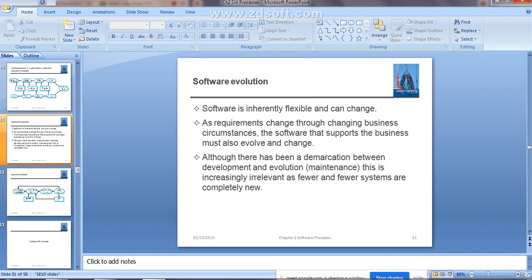Although there has been a demarcation between development and evolution, this is increasingly irrelevant as fewer and fewer systems are completely new. That means after doing the modification, you are going to meet new kinds of requirements.